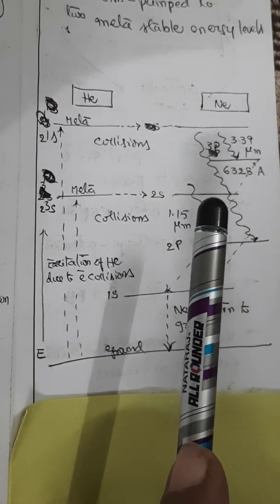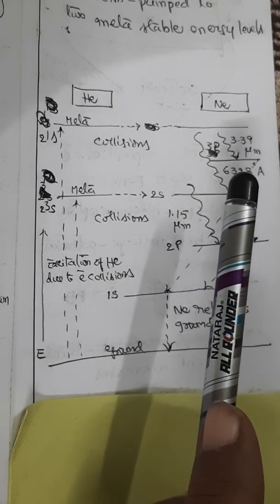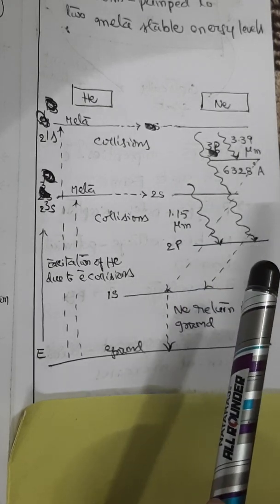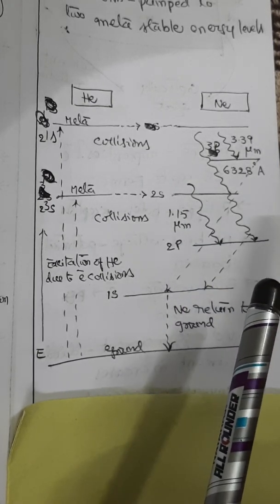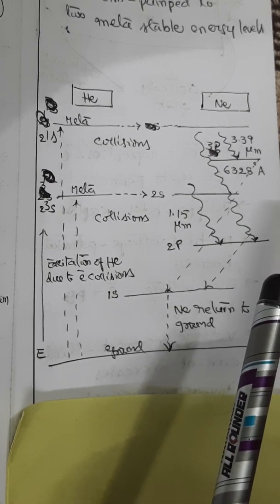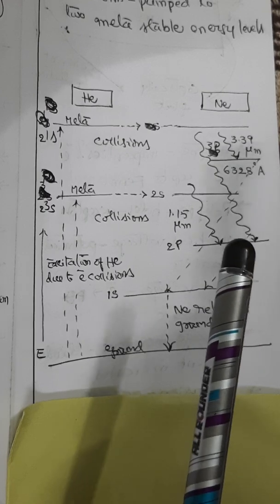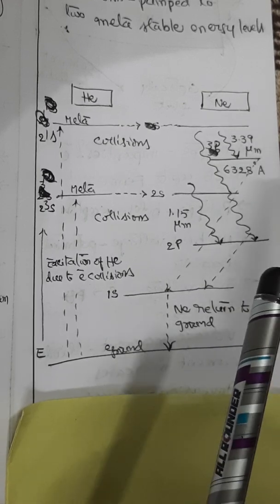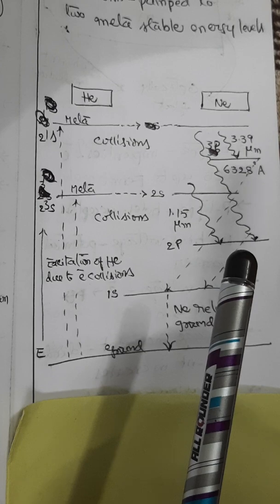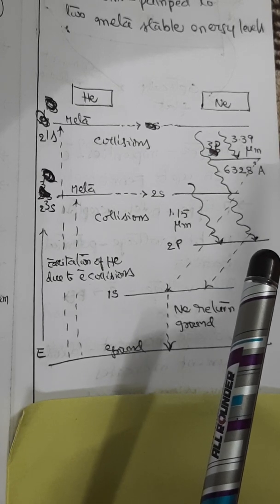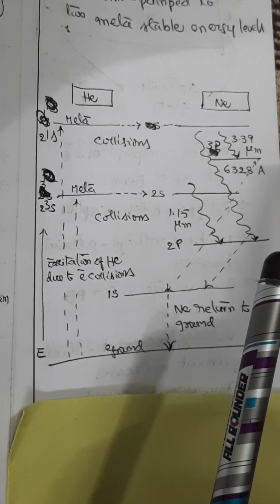So this affects the population inversion on 3s and 2s levels. The atoms in 1s level return back to the ground level mainly by collisions with the walls of the discharge tube. This effect makes the gain of helium neon laser inversely proportional to the diameter of the discharge tube. So the discharge tubes are made of only a few millimeters of diameter.